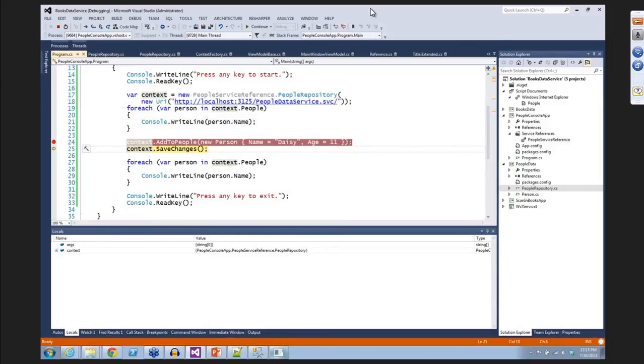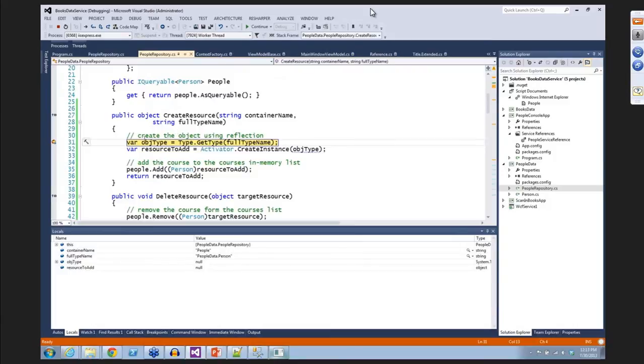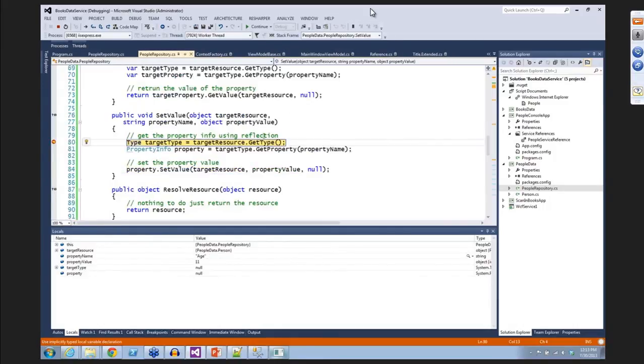Now when I step over this one, it's going to flip over to the server side. Now we're debugging on the server side, and we've called create resource on container people. And we go ahead and create a blank instance, so this is a name of null and an age of 0, and we add it to people. Then we say go again, and the next thing that's going to get called is a set. We're setting the age to be 11. And then we get another set, and this time we're setting the name to be Daisy,